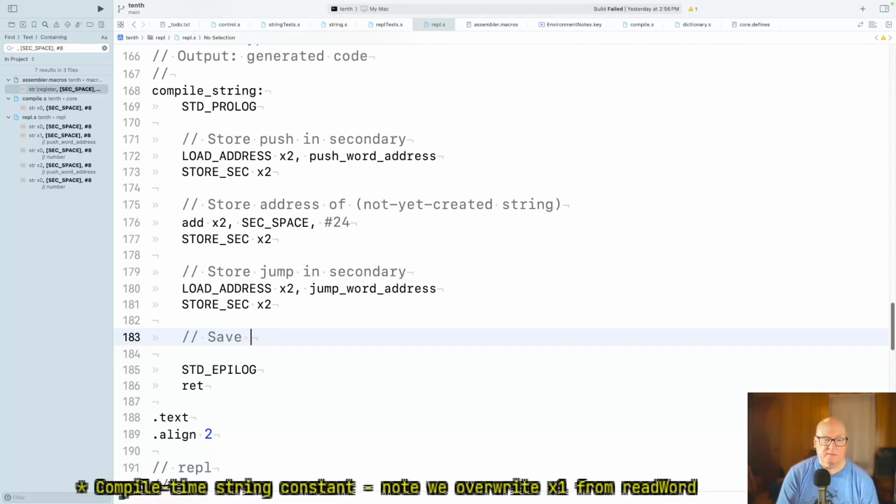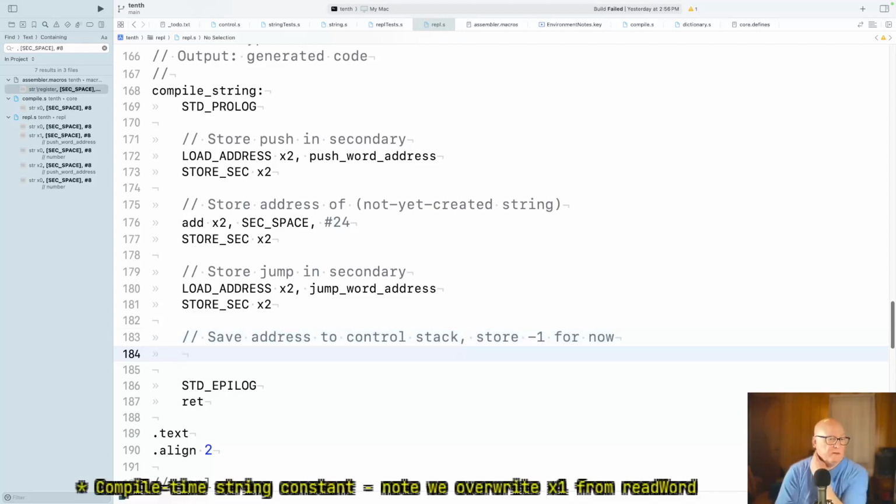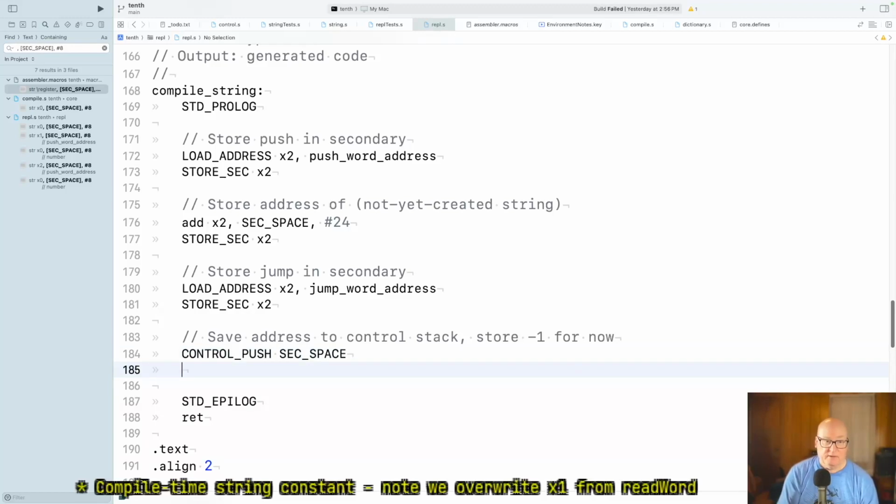How about save address to control stack, store -1 for now. Okay, so this is control push secondary space. All right, which points where we're pointing. That's where we're going to patch. And then we're going to,